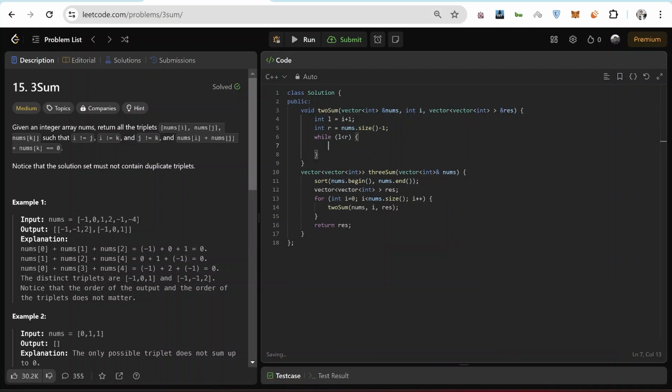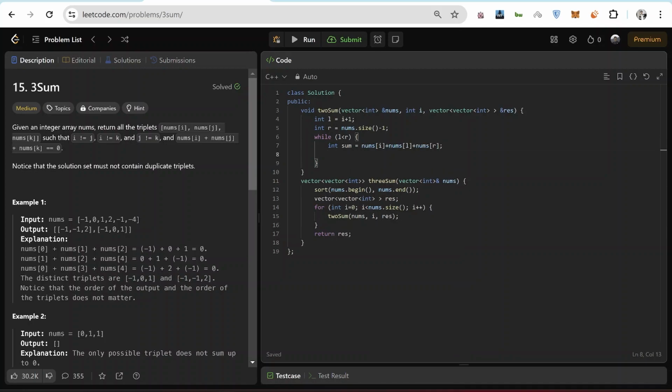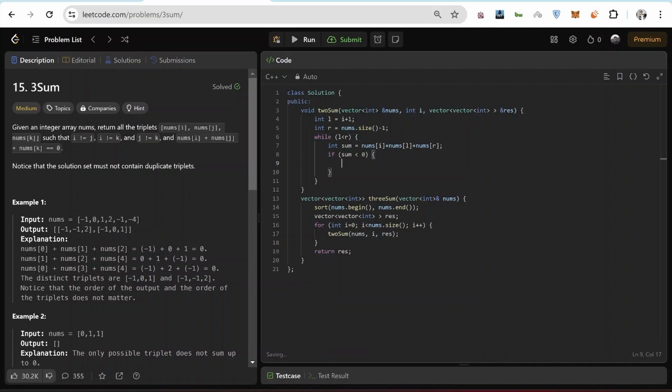condition, and the sum currently will be nums of I plus nums of L plus nums of R. So this is the current sum that I have. Now if this sum is less than 0, to bring it to 0 essentially, I can either move L or decrease R. So I'll increase L, because the array is sorted and I want to increase this sum.